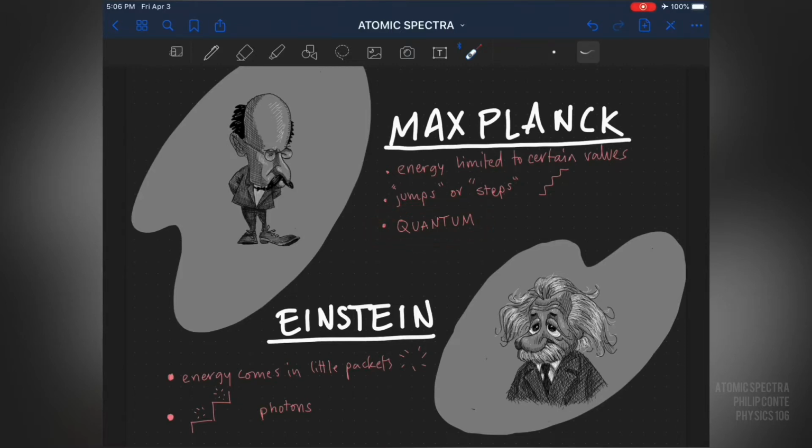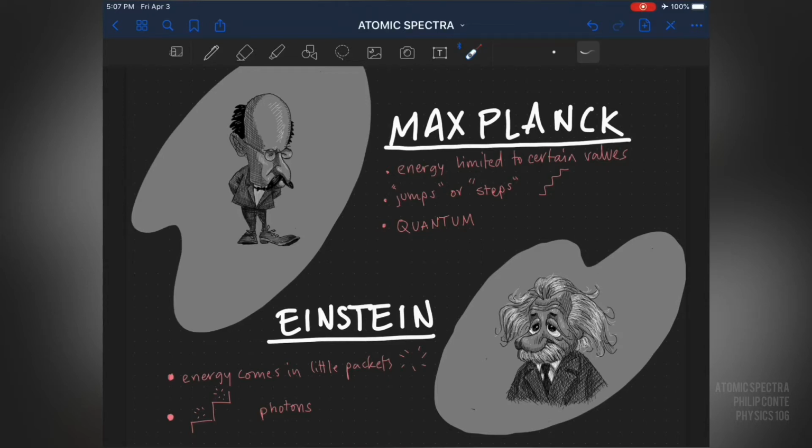Einstein further explained that energy comes in packets, which he calls photons, and this helped explain what Planck said about energy. We can see that instead of rising steadily, it sort of had steps that it would experience because the packets of energy would either be received or lost, and energy would go up or down in increments rather than